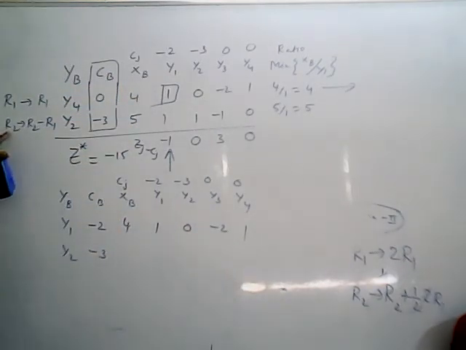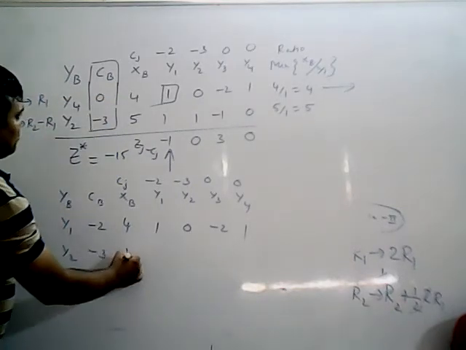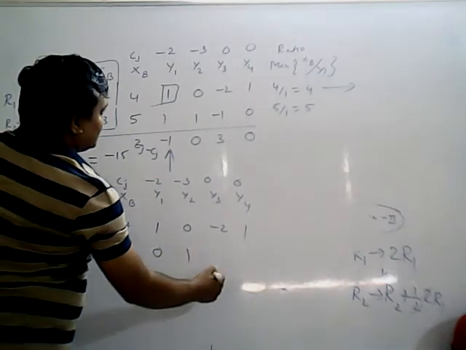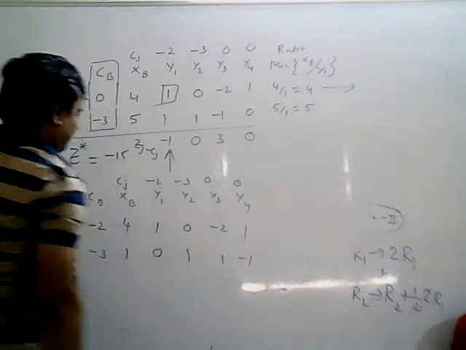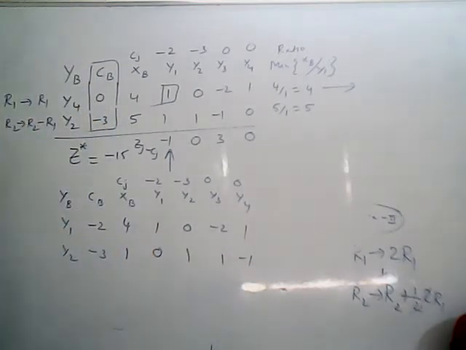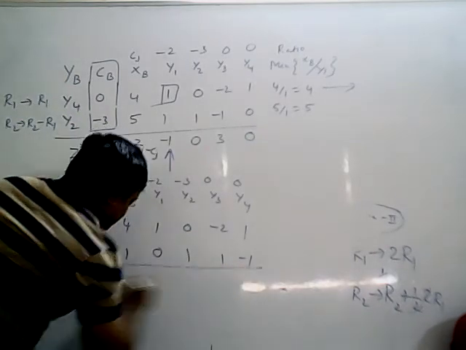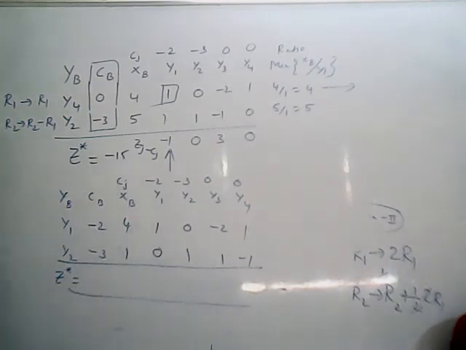Next, the second row. What is the second row? Second row minus first row: 5 minus 4, 1. 1 minus 1, 0. 1 minus 0, 1. Minus 1, minus of minus plus 2, 1. This is minus 1. Okay, so see, the key element is 1 and the other elements are zeros. Next, same calculation as this, until we get all positives or there is an indication of an unbounded solution.